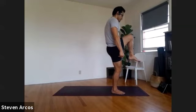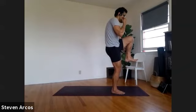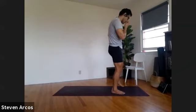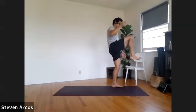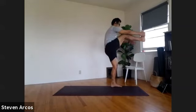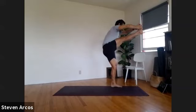This is it. Grab your left foot with one or both hands. Am I doing the wrong side? Sorry, place your left foot down. Bring your right knee into your chest. You almost tricked me. Okay, then you go ahead and extend your right leg out with one or both hands if you can. Bend your elbows. Fold in as best you can for 3,